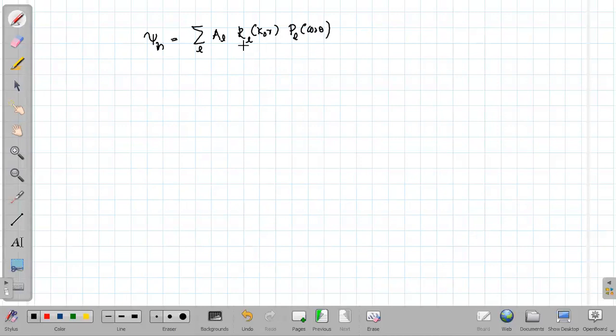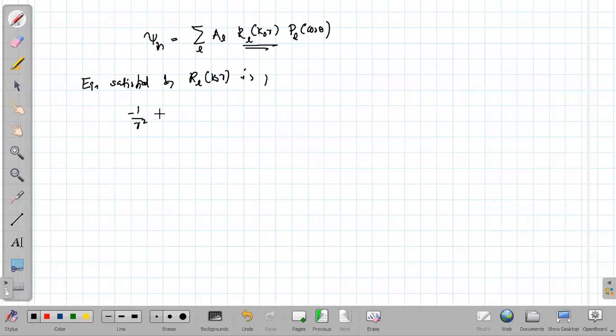The next task is what is the form of R_l of k0 r. Remember this R_l of k0 r should satisfy the Schrodinger equation. So the equation satisfied by R_l of k0 r is